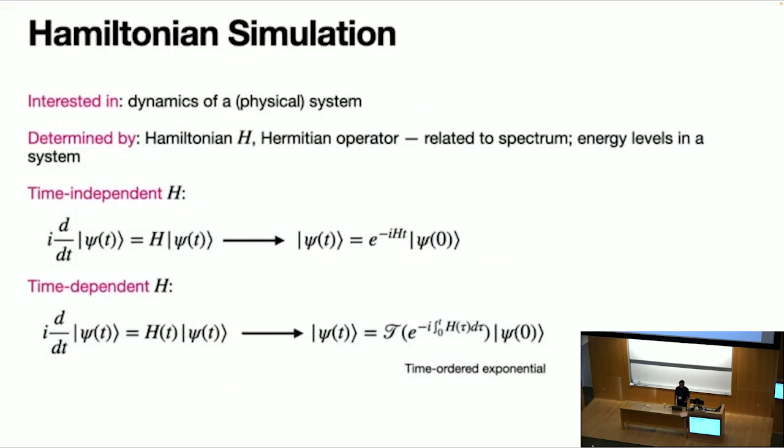Basically, we study Hamiltonian simulation. If you have a time-independent Hamiltonian, then what you are interested in is the state of some system at some later time. And for a time-independent Hamiltonian, it's just a simple time exponential. But for a time-dependent Hamiltonian, you're going to have a time-ordered exponential, and that complicates things when you're doing Hamiltonian